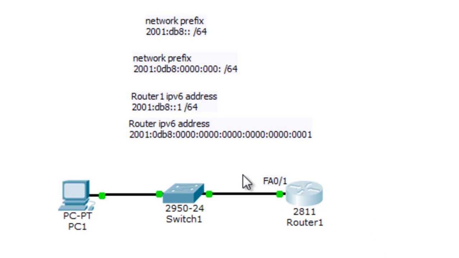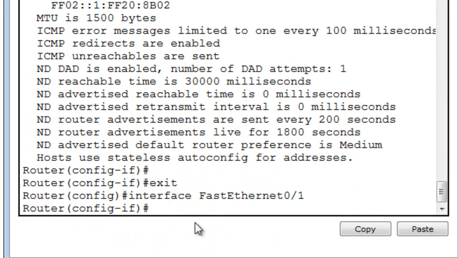So now I'm going to try to assign a global unicast address to this interface up here. In order to do that, we're going to go to the interface, because I already have the network prefix I'm going to be using, and the router is going to take this IPv6 address. So the IP address for the router on this interface is going to be 2001:db8::1. So let's go to the interface. I'm going to configure it right now. The configuration is ipv6